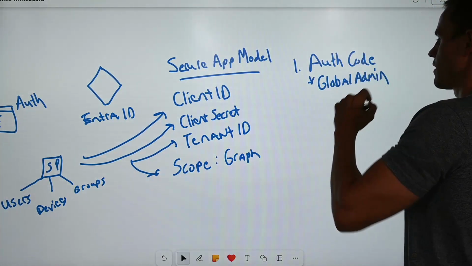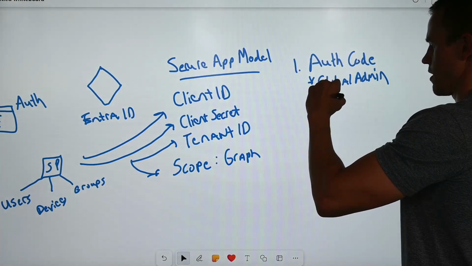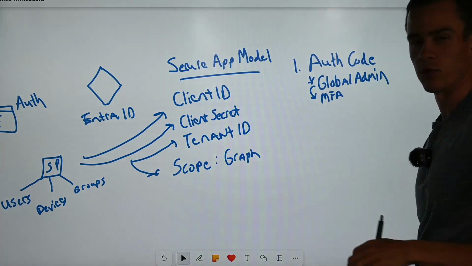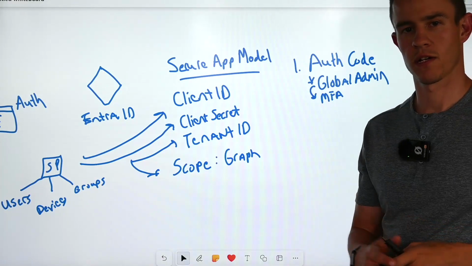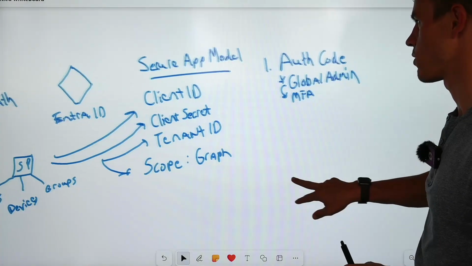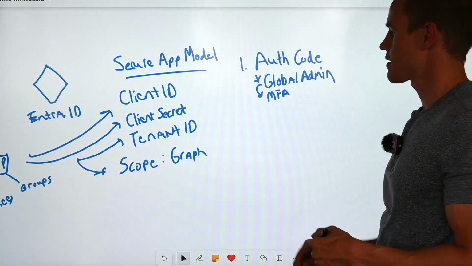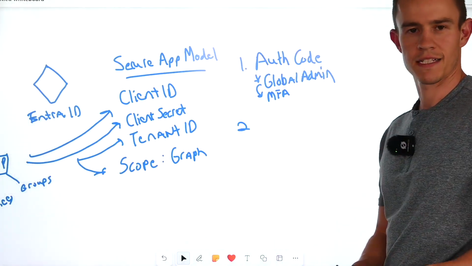And the other key piece here is that this user does have to have Microsoft MFA enabled. So it can't be a third party like Duo or anything like that. The hash that we pass over for the token has to have the MFA grant associated with it as well. So with this in mind, we get this authorization code, and then the next thing that we're going to be doing